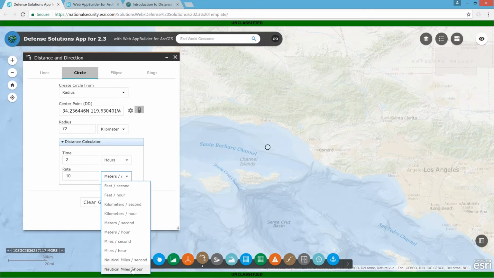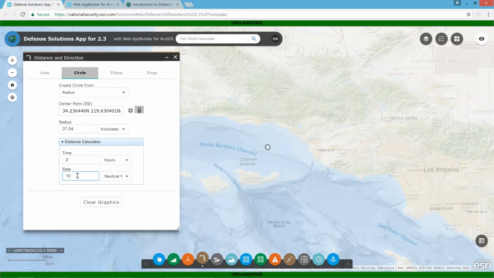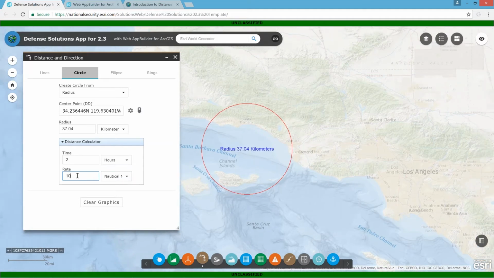We have a lot of different options for rate or speed parameter here. When I click enter, you'll see a circle is created on the map with the radius of 37.04 kilometers. This output represents simple distance over time analysis, giving us an idea of how far this boat might have traveled over the course of the past 2 hours given its speed. We're not taking into account weather or terrain here, but this could be a good jumping off point for planning